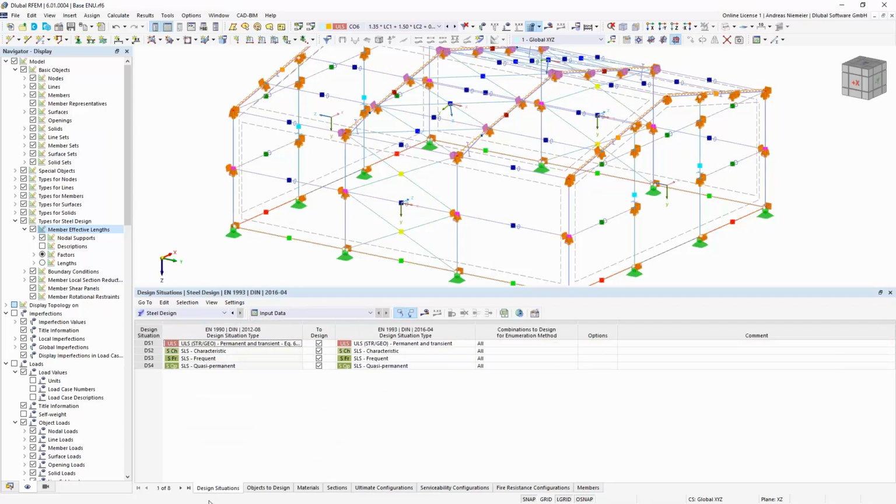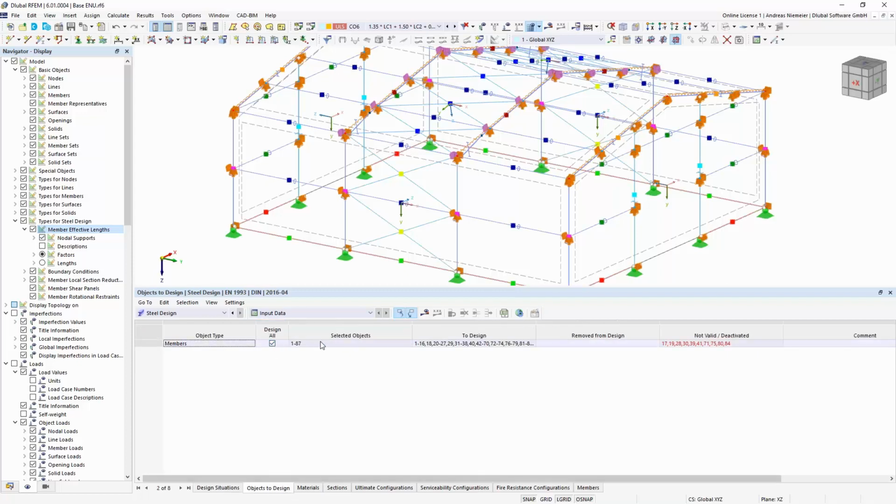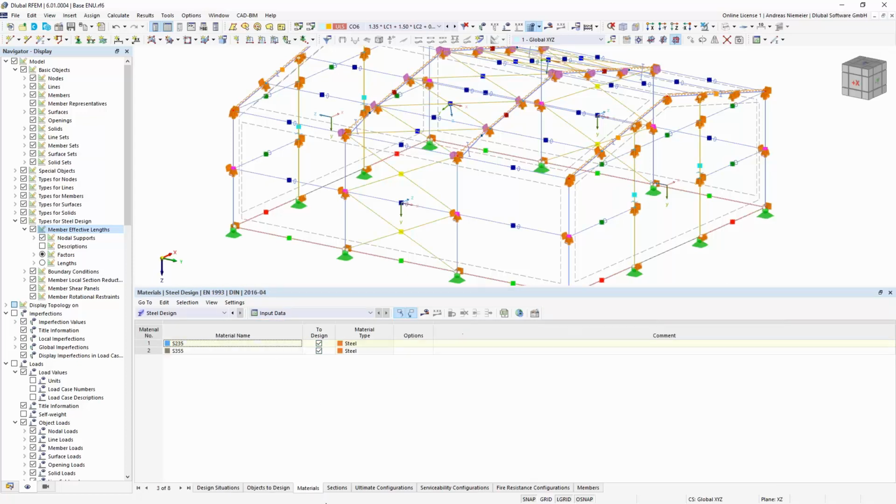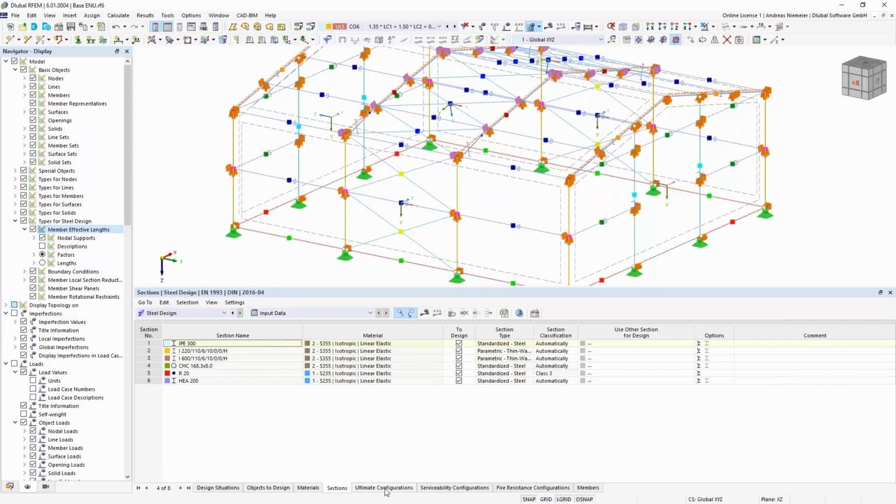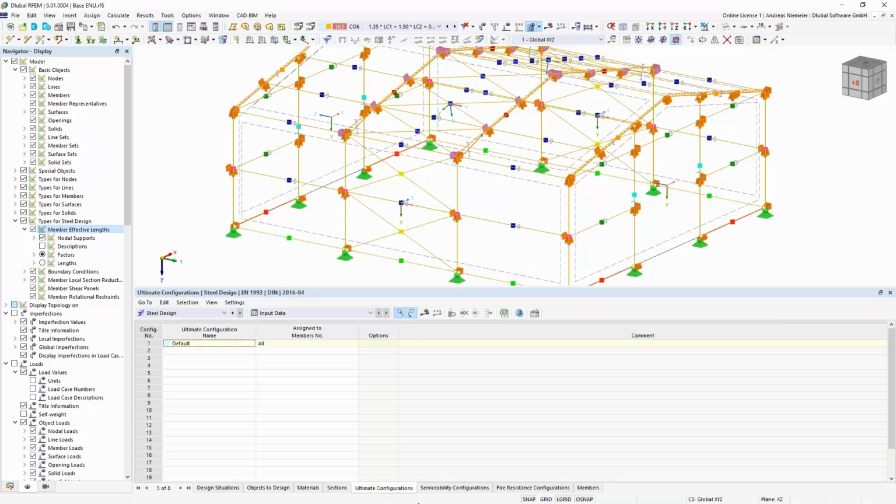Let's start from the first tab. Here the program realizes our design situations for which it should do a design, for which members it should do a design, for which materials, sections, and which details should be used for design. Here, let's take a look.